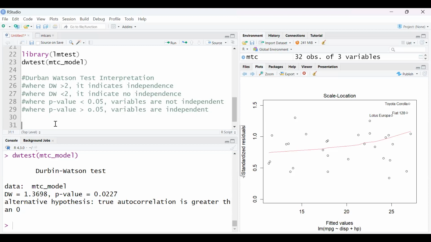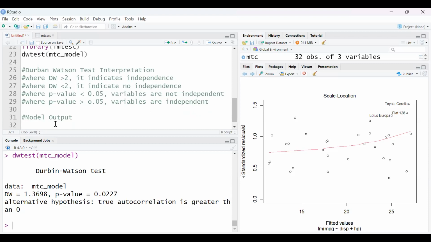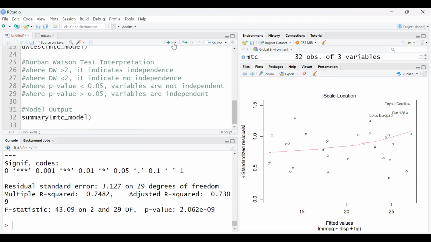So now we go ahead to use the linear regression. So let's have a summary of our output, assuming they've met all the test assumptions. So summary of our model, that is MTC. So let's run it. So when we run this,